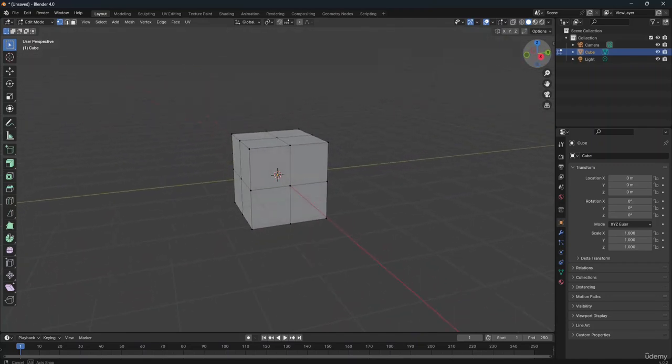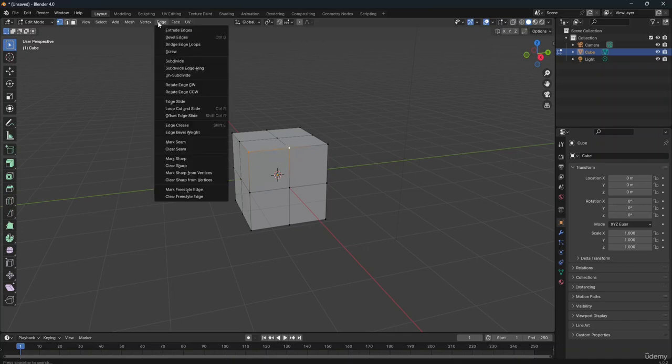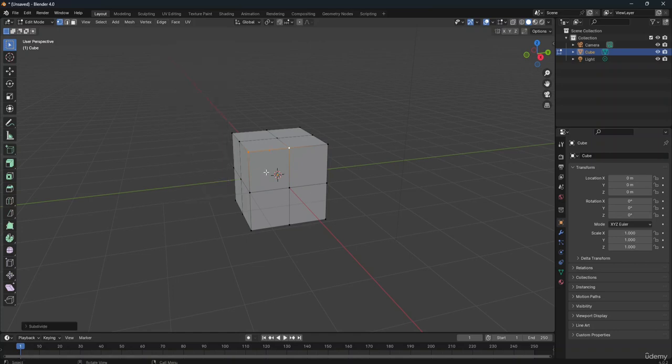Now let's come to this option and select the vertices option on top. If I try to select only one vertex and want to subdivide, I won't be able to do that. If I click on Edge and go to Subdivide, you won't see any kind of changes. But the same way, if I hold Shift and select both of these parts, and again go to Edge and click on Subdivide,